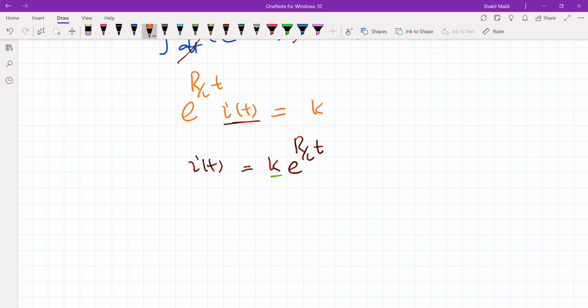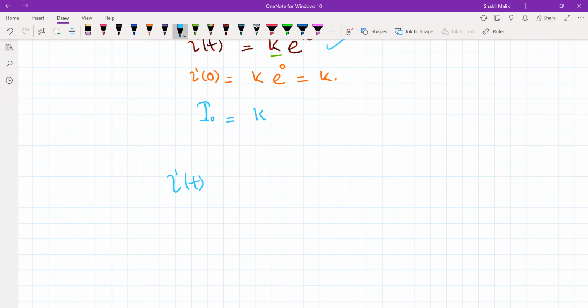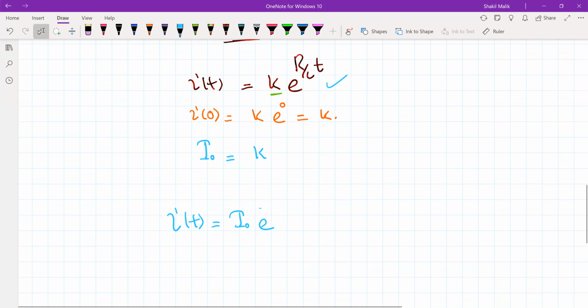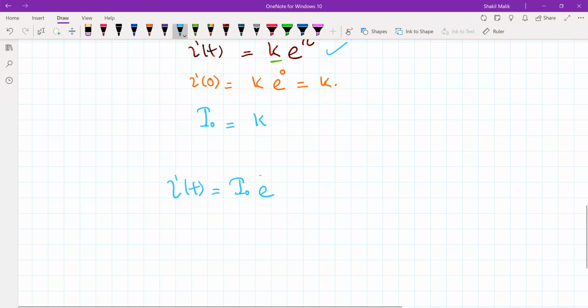What's k here? Now k can be determined by substituting t equal to 0. We get e to the power of 0, that is equal to k. All right, now what's I of 0? I of 0, we have assumed, is equal to some value of the current, I naught. So this will be equal to k. Substituting this back here, we get I of t is equal to I naught e to the power of, sorry, this is minus, since after you divide both sides by this it is minus. So it will be minus R by L.